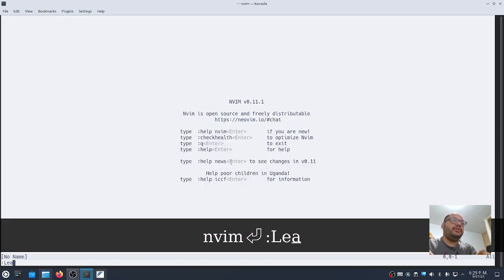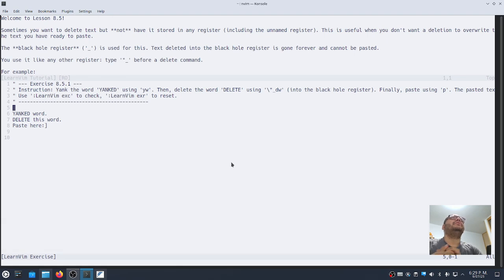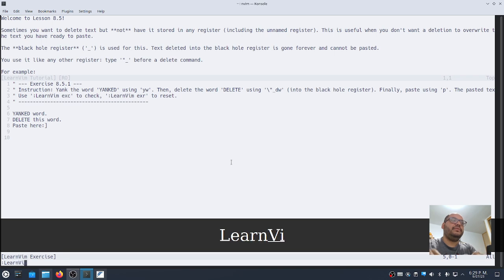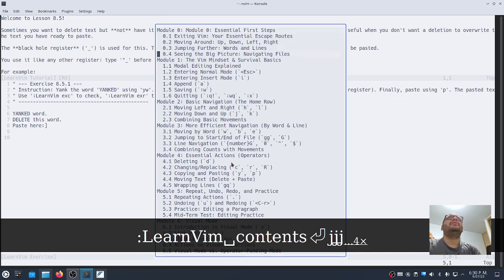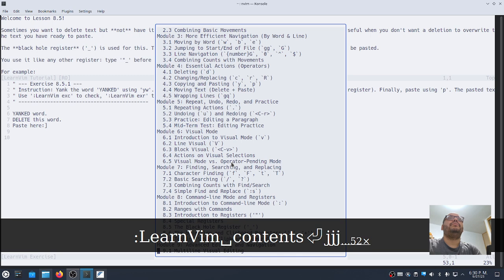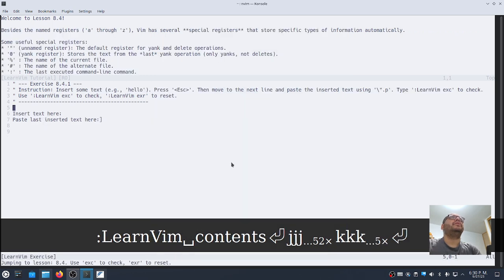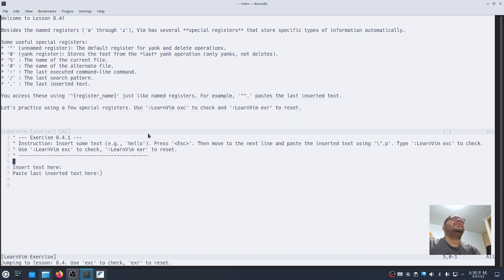Let's go to the plugin again. And we were at lesson 8.4. I think that we did that. So I was exploring just the lessons. Let me just real quick jump to the proper module. Yes, we were here. And we were just learning about the register,